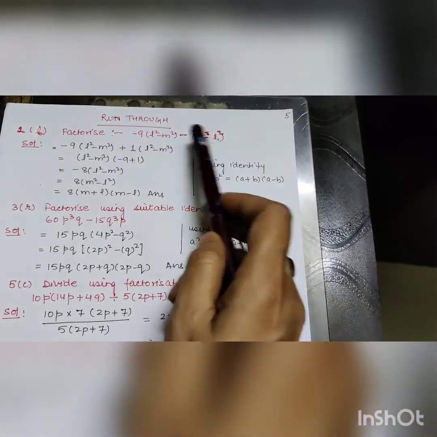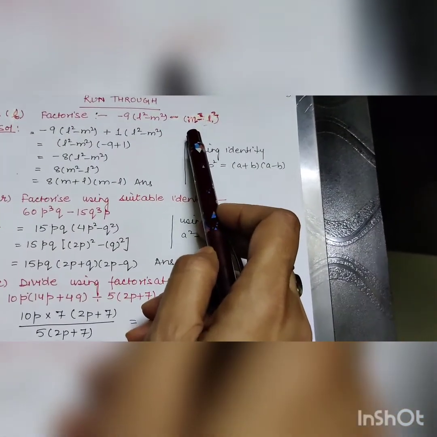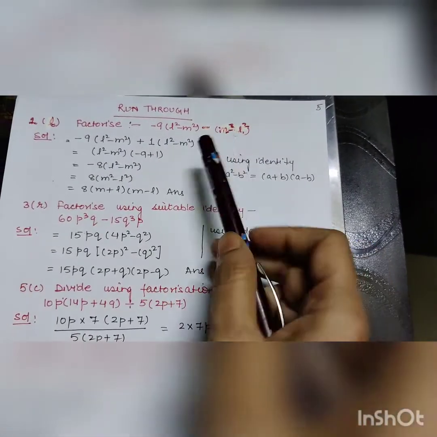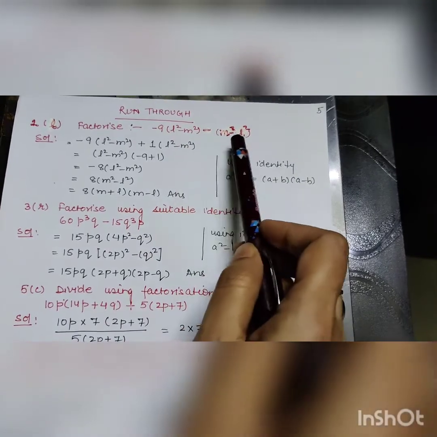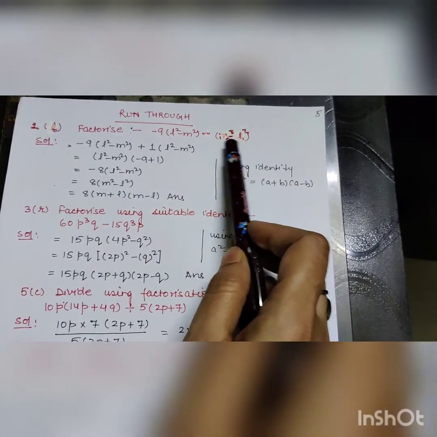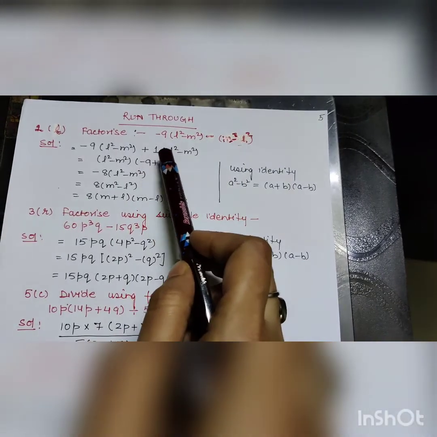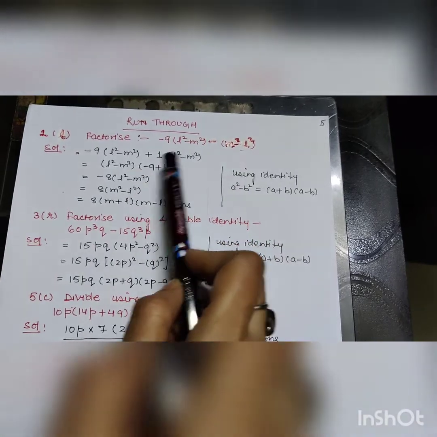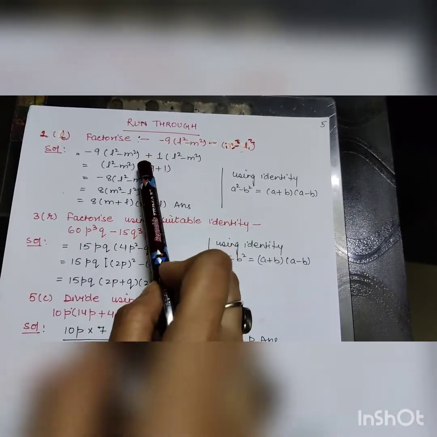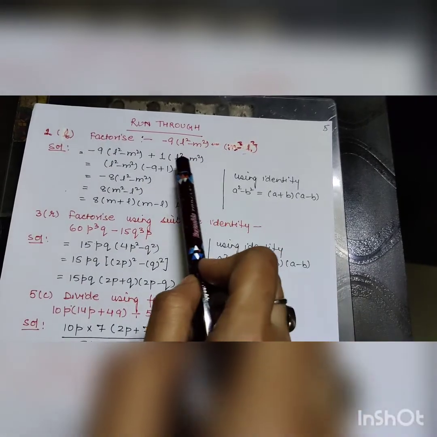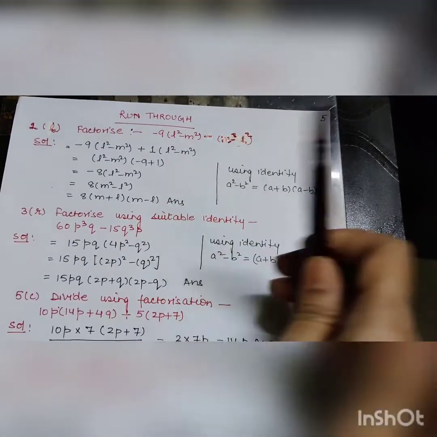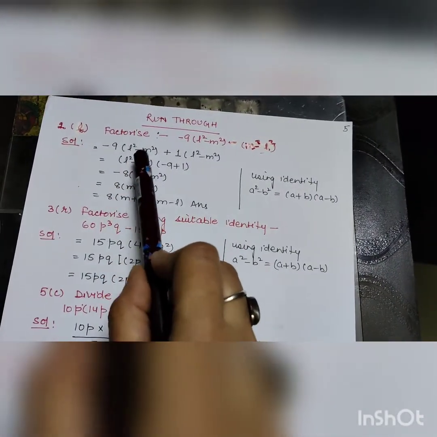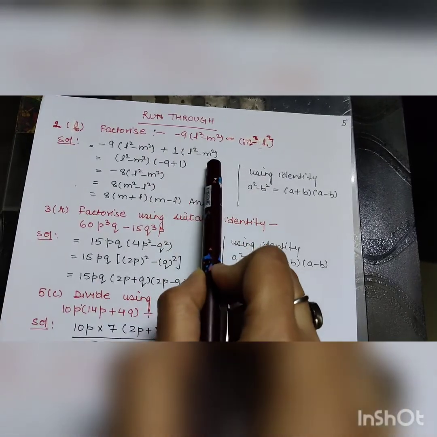they both have the same terms, but there is a difference of sign only. So to make them similar, we can take a negative sign common, right? So if we take a negative sign common out of these two, it will become like plus 1 over here. That means we have taken minus 1 common. So after taking minus 1 common, this minus minus becomes plus and it becomes L square minus M square only. Okay. So after taking common, we have got minus 9 into L square minus M square plus 1 into L square minus M square.